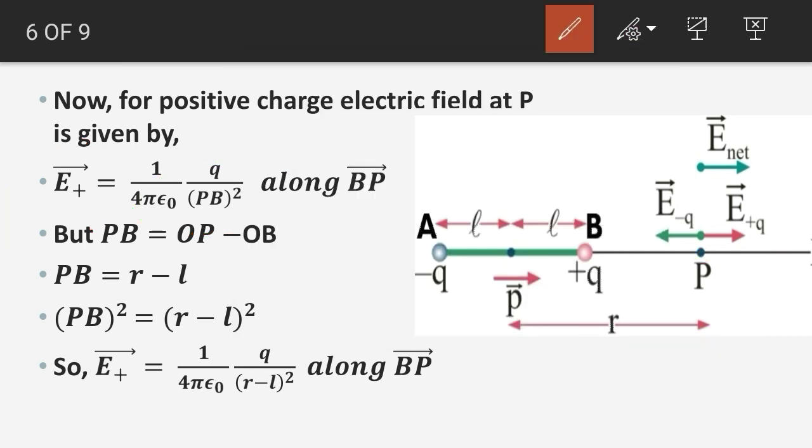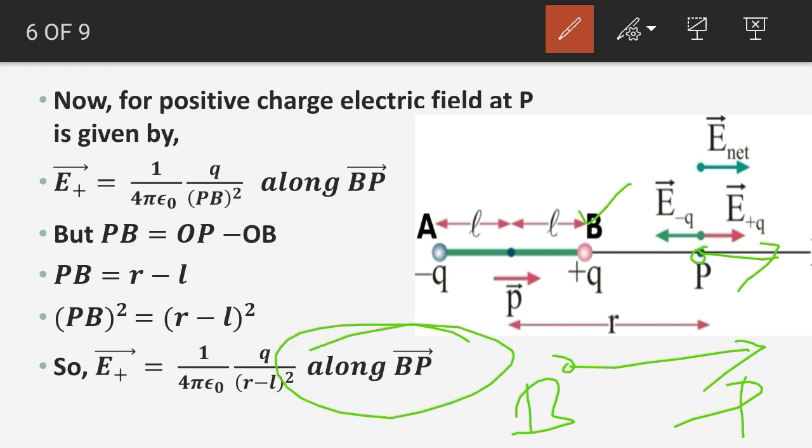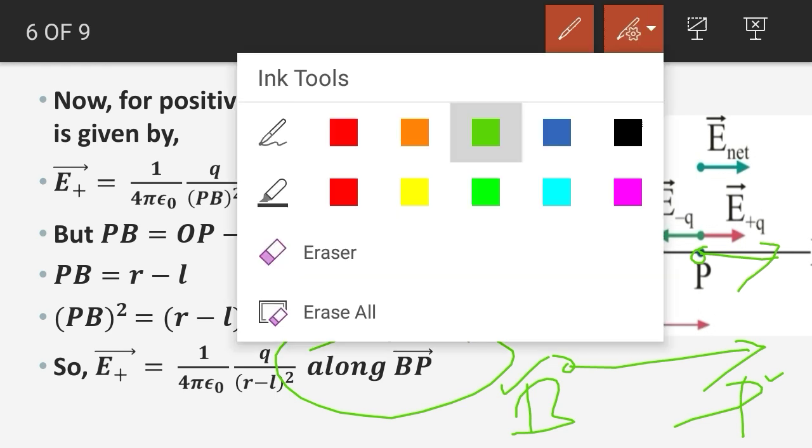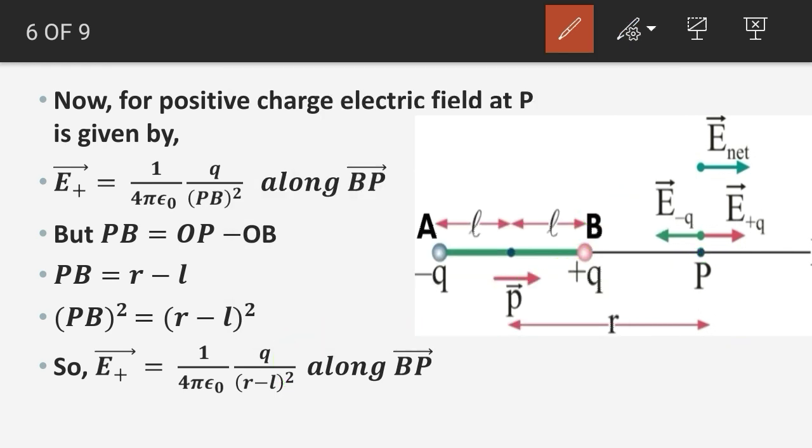By the way, if I check the direction, I will put a positive charge at the point P, and due to this positive charge it will definitely go towards the right by feeling repulsion due to the plus charges. It is going from B to P, since it is going from left to right, that's why the term BP vector. On the left hand side you have B and on the right hand side you have P, so it is along the BP direction. So we are getting both E plus and E minus.